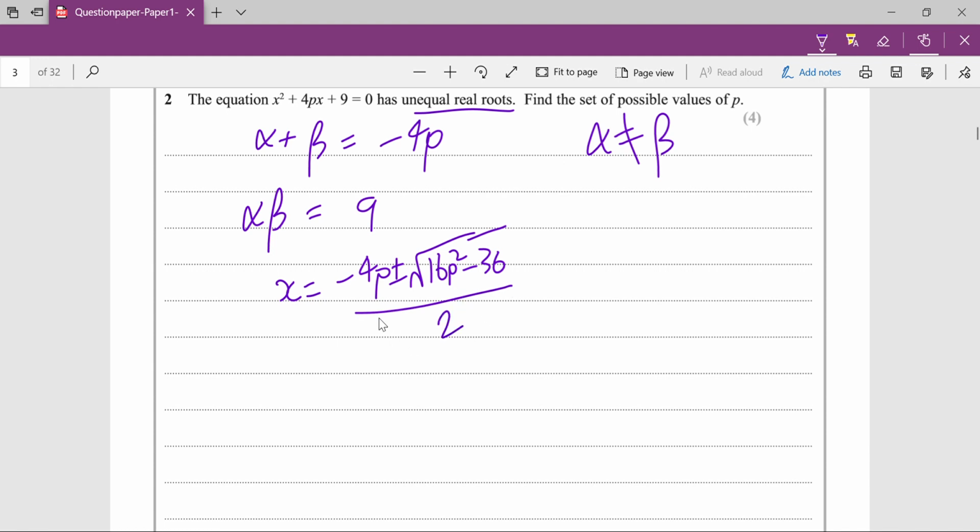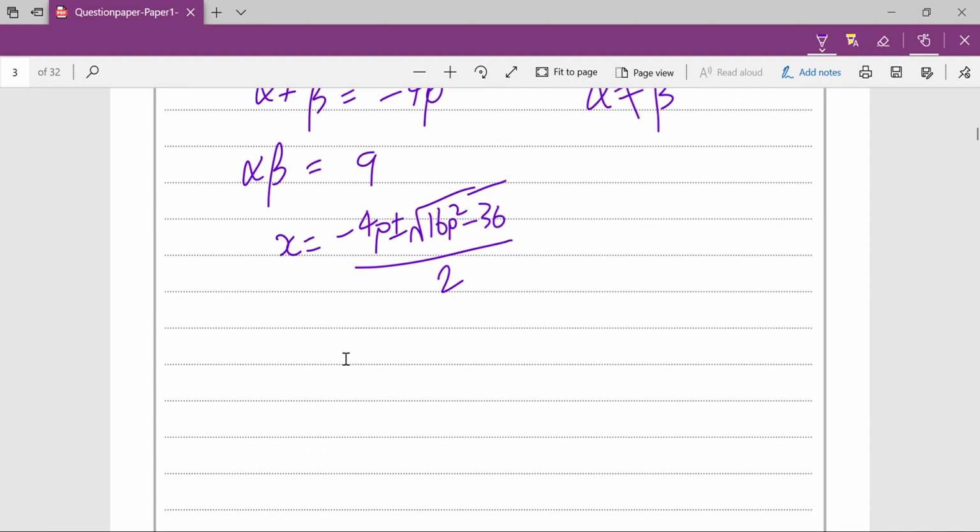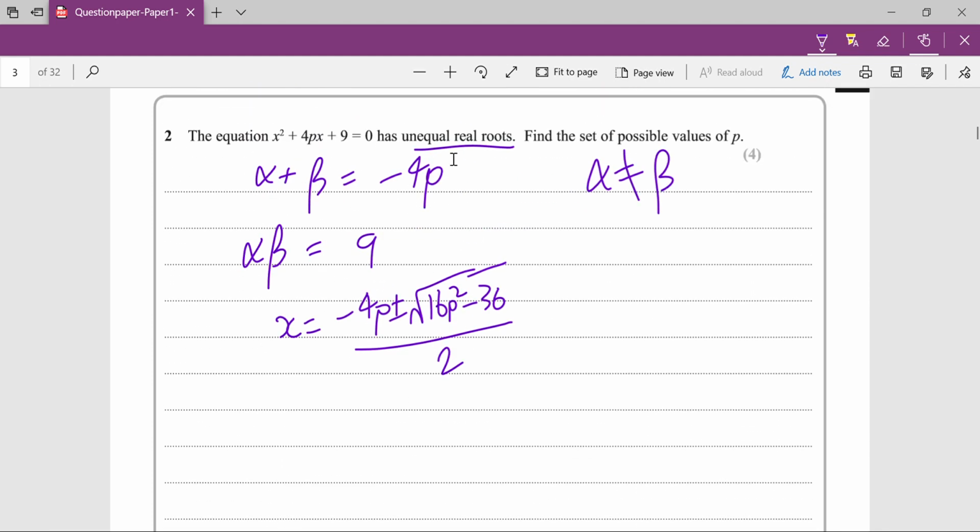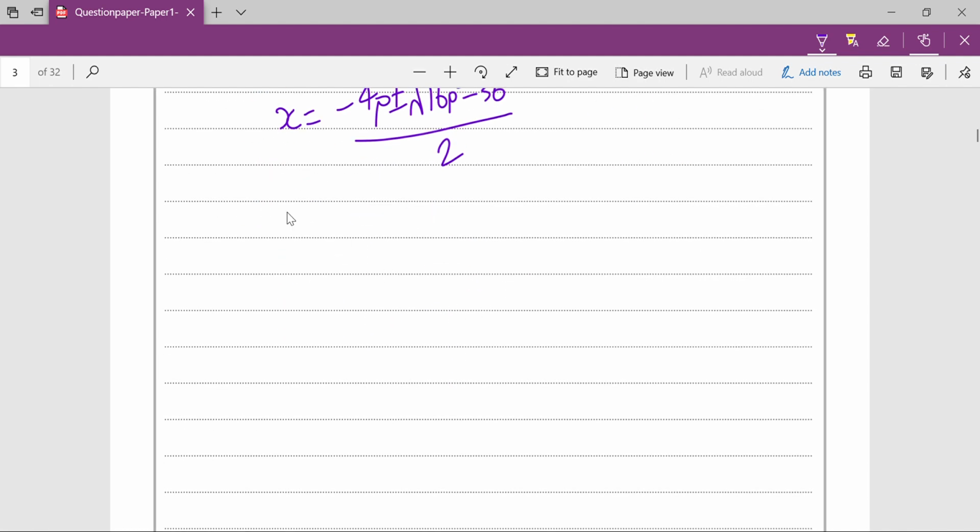Alright, so what I'm thinking this is related to actually is the discriminant here, because if this is less than 0, then we have the invalid values of p. So we just need to solve the inequality in order for our roots to be real. We need to solve the inequality: 16p squared minus 36 must be greater than or equal to 0. So if 16p squared minus 36 must be greater than or equal to 0, we can scale this down,